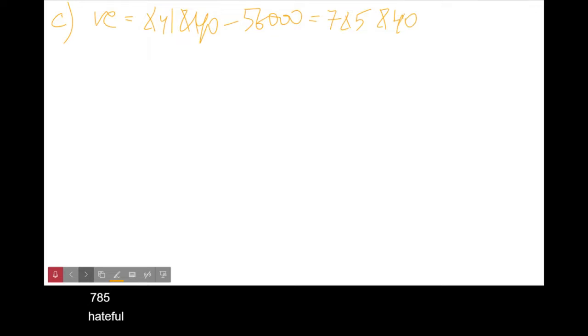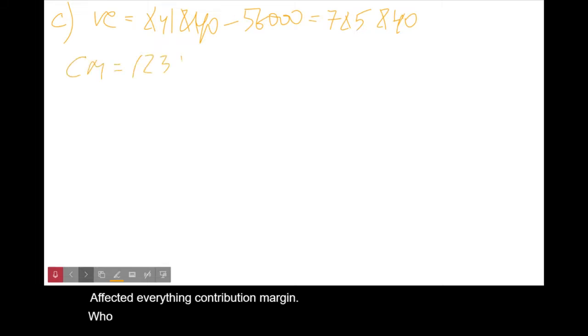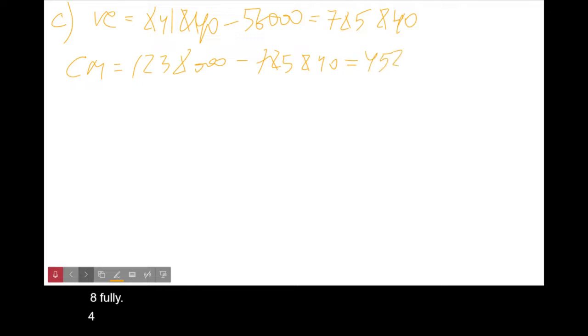So I changed variable cost. It means I affected everything. Contribution margin is 1,238,000 minus 785,840, which is $452,160, and contribution rate is